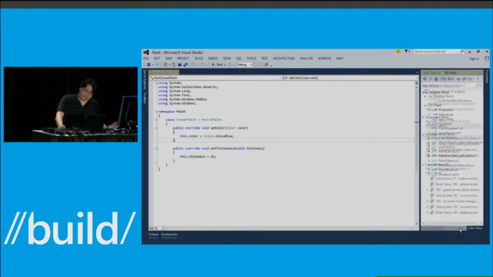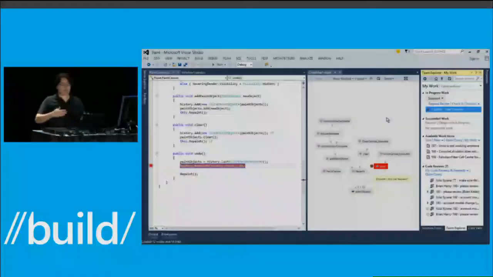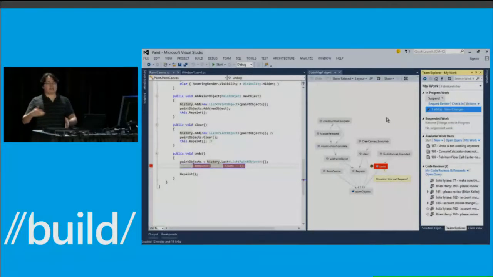Well, I can just come back to Team Explorer, go back to my work, and I just select that unit of work that I suspended 3-4 hours ago. I hit resume, and it's going to do the inverse of what it did earlier. It's going to put everything back the way it was. It's going to take the changes that I had, put them back into my workspace. It's going to reopen all the windows I had, recreate all the breakpoints I had, and it's going to open